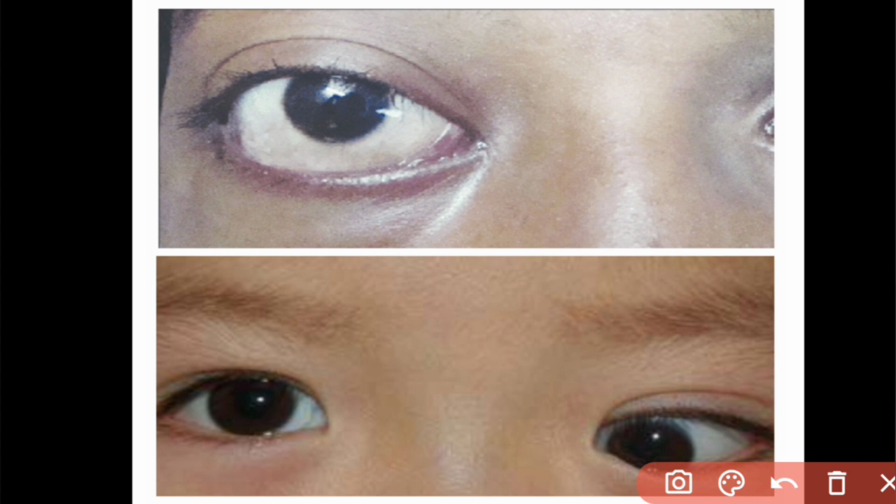Similarly we also say this in squint, right? So don't get confused. In squint there is no proptosis, meaning there is no forward displacement of the eyeball; the eyeball has not come out of its normal limits of the anterior orbit. But in proptosis the eyeball is displaced forward. I will explain that when I take the classes on the evaluation of proptosis. In squint it is just the visual axis we talk about,